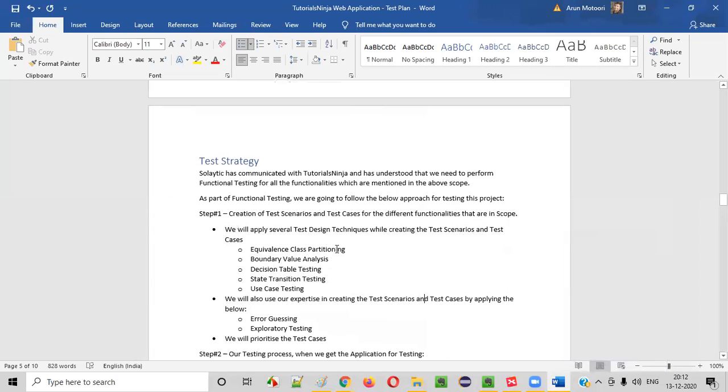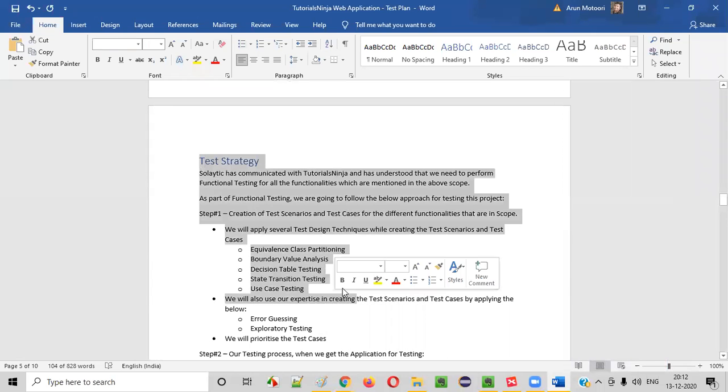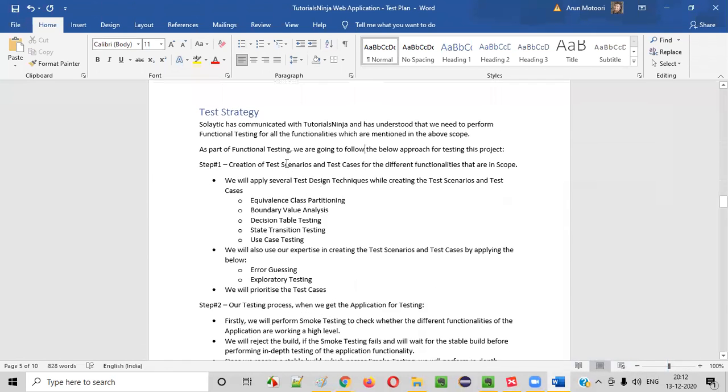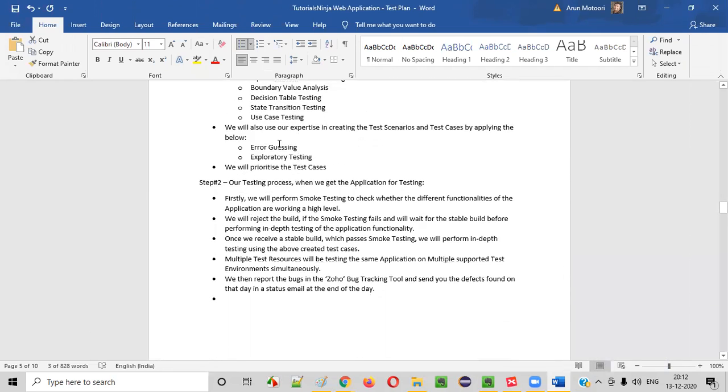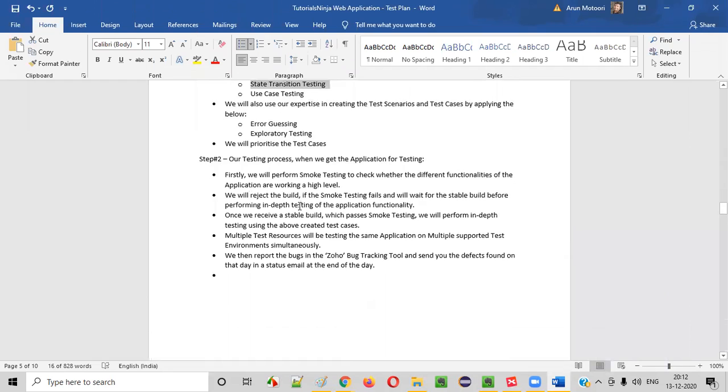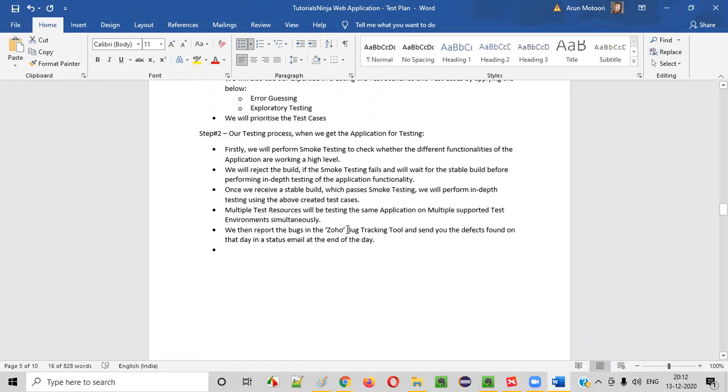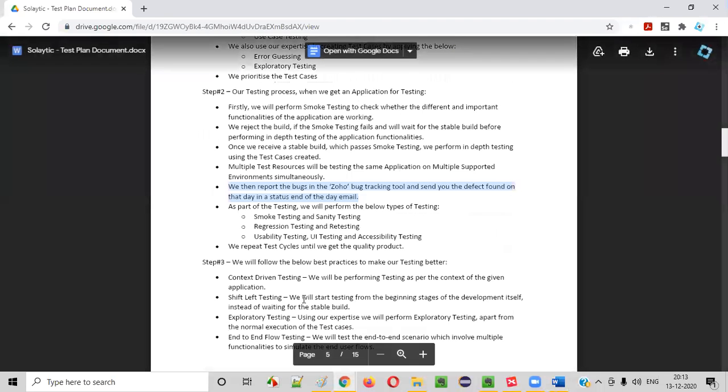Don't think too much. If you don't understand this test strategy also, don't worry, guys. In the coming sessions we are going to follow the same strategy, where I'll be explaining what exactly is a test scenario, what is a test case, what is test case design, and test design techniques, each and every test design technique. Then I'll explain what is a bug tracking tool, how to report defects in the tracking tool, and how to send emails. Everything I'll show you practically in the coming sessions. For now, try to understand. If not, you can ignore. Okay,